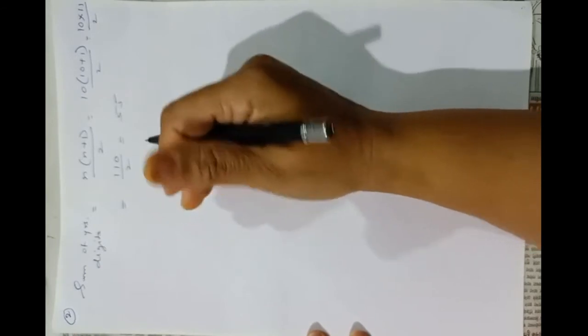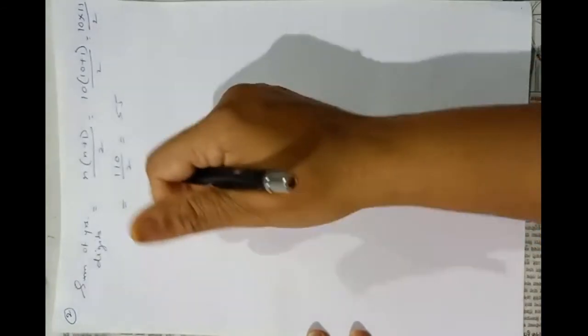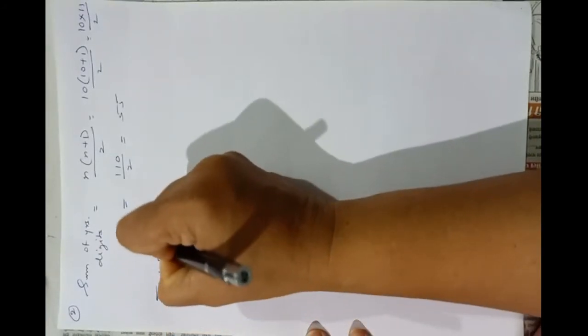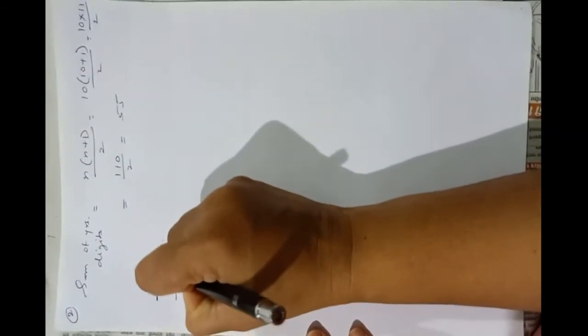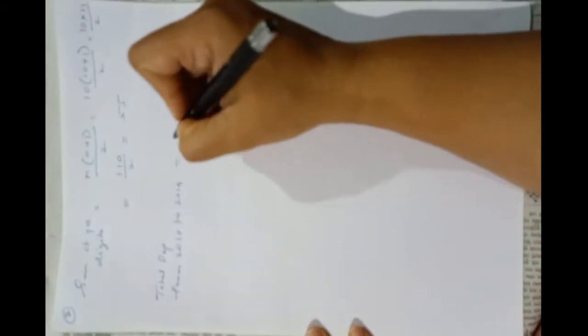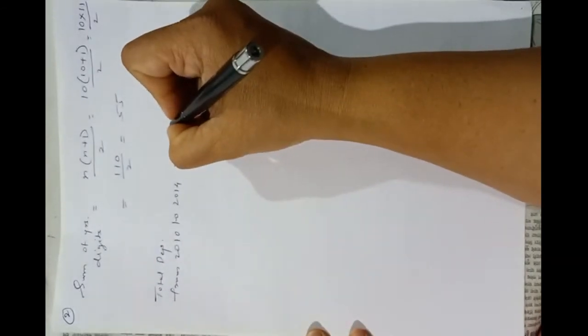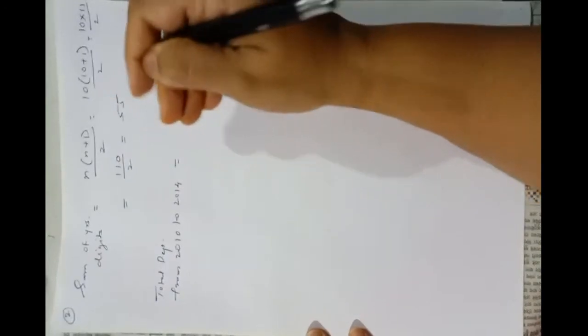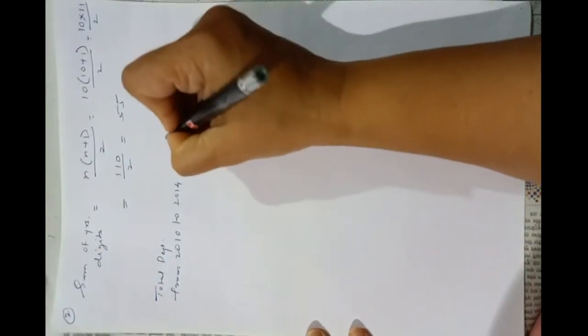Okay, so here we can calculate the depreciation. आपण प्रत्येक वर्षाचं डेप्रिसिएशन वेगवेगळंही काढू शकतो किंवा एकत्रही काढू शकतो. Total depreciation we can calculate. So total depreciation from 2010 to 2014 is equal to cost minus scrap value. Okay, so it is 10 lakhs minus 1,20,000.